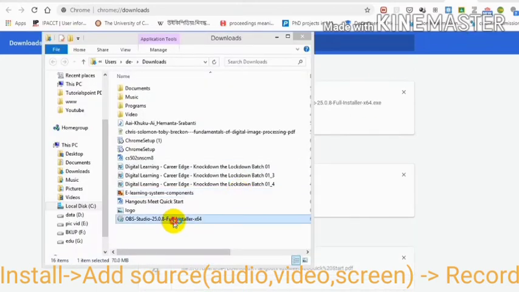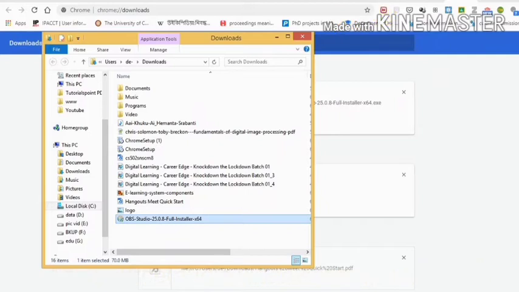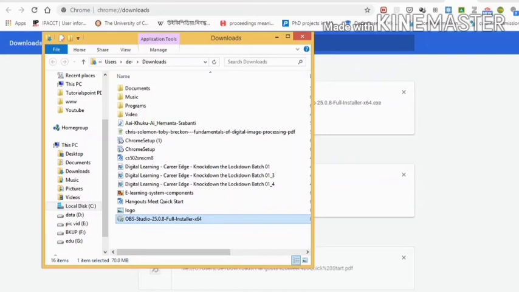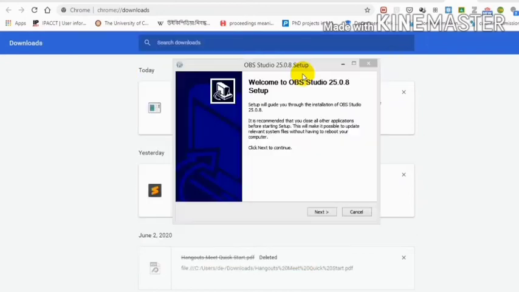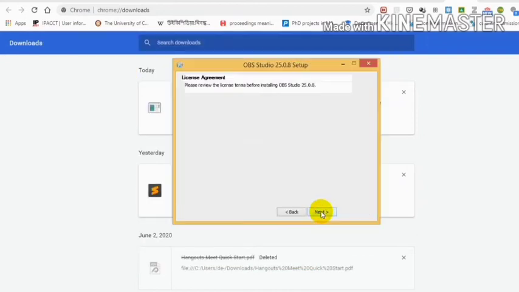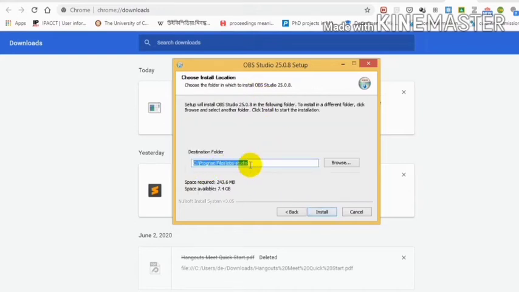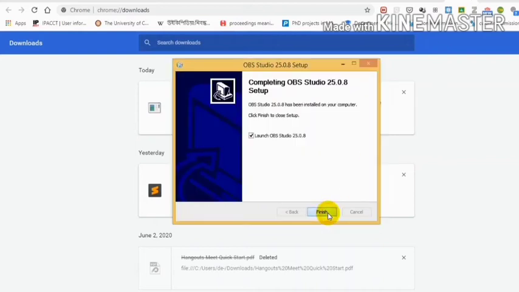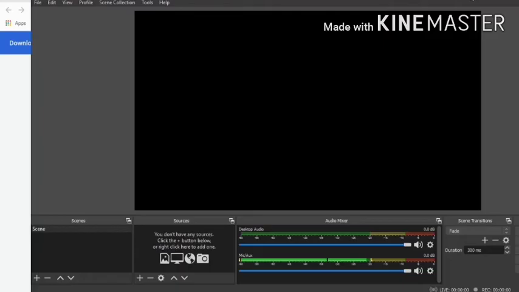So in the first link we will click the download link, then click the exe file and continue our process step by step. You can change your path also. You may use the D drive. In that case you have to change only the drive letter, D colon. That finishes our installation.